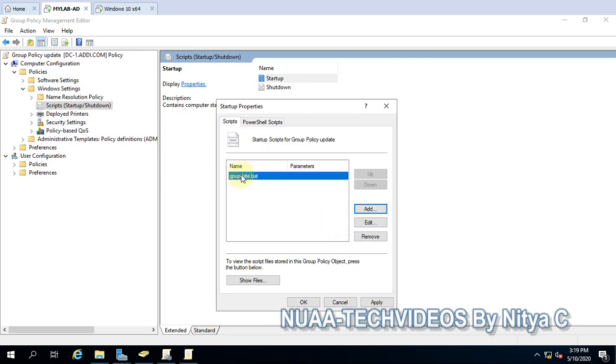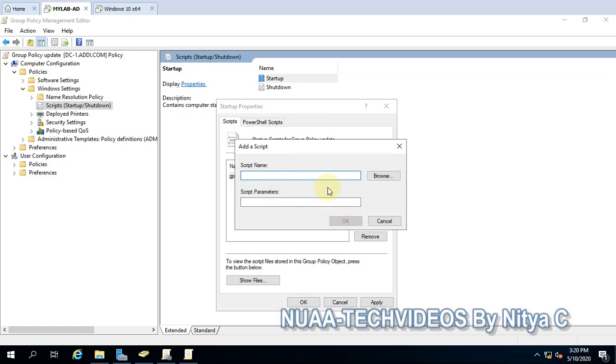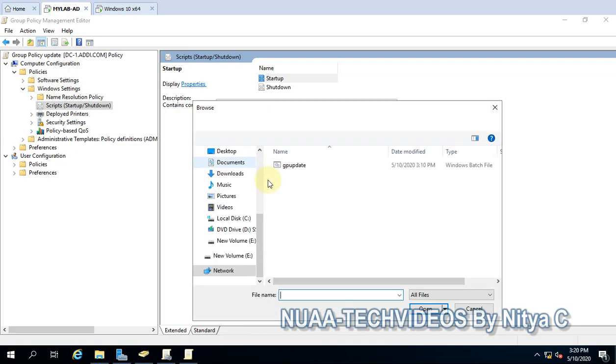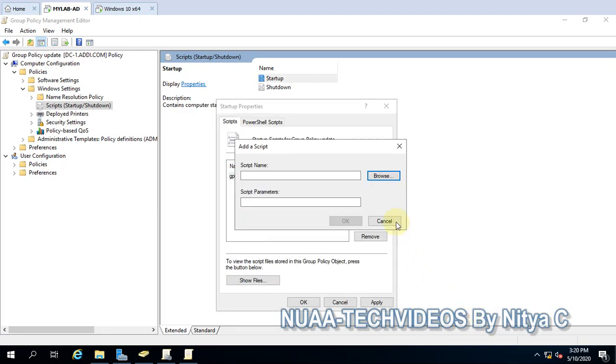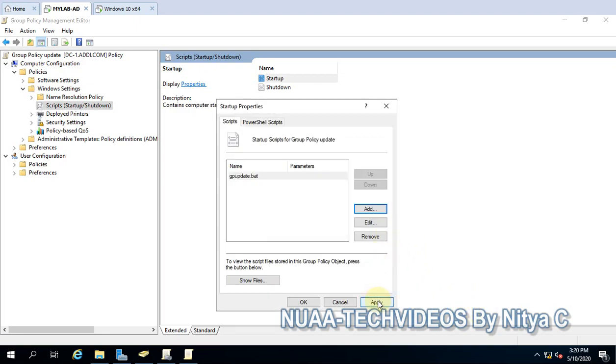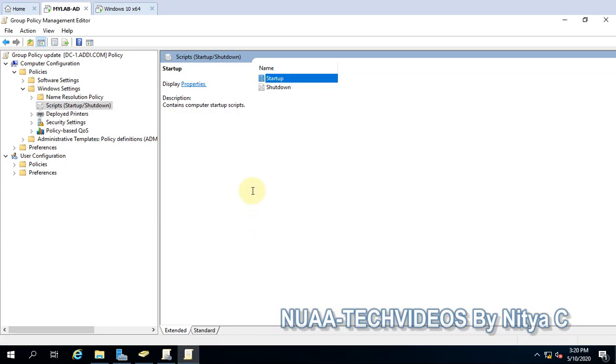Let's click on OK, and here you can see a single policy, but if you have multiple batch scripts, you can schedule them in a similar way. Click Add, and here you paste the other batch script. Let me close it, Apply, then OK.